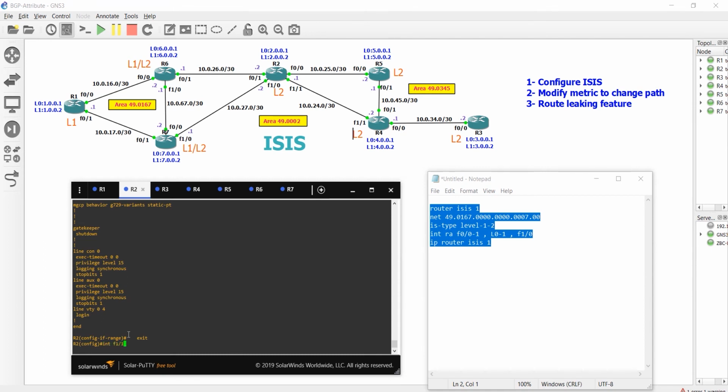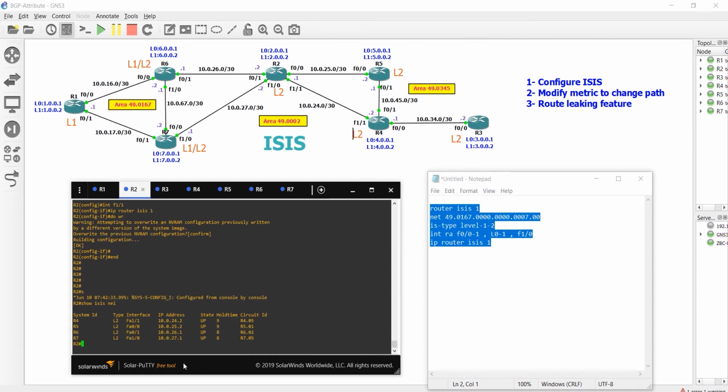Interface F11 and IP router ISIS 1 and do WR and show ISIS neighbors. Oh, yeah, it appears in our neighbor table here. R4, R5, R6, R7, and all of them are type 2 because, yeah, it cannot see